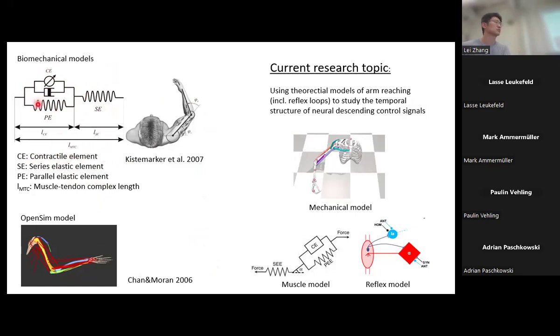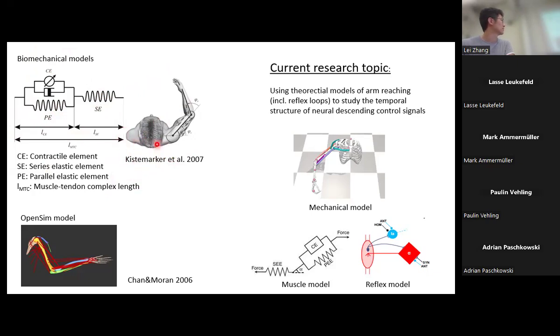Besides muscle fiber, you also have muscle fascia and tendon, corresponding to the parallel element and the serial element. So this whole model explains well the muscle mechanical properties and